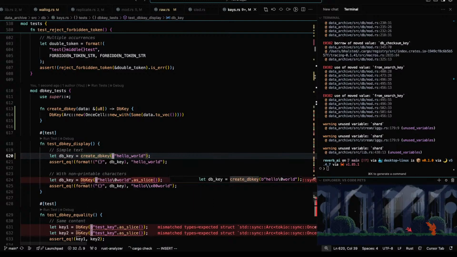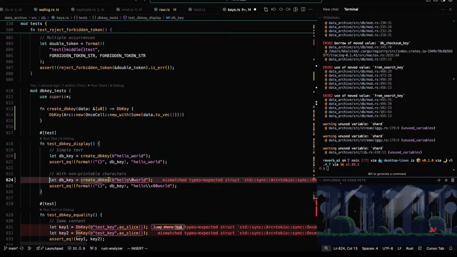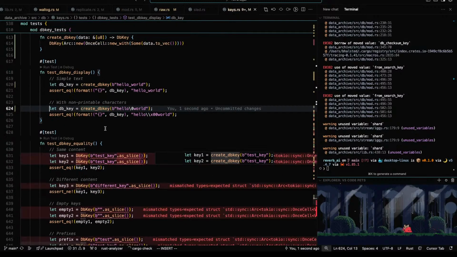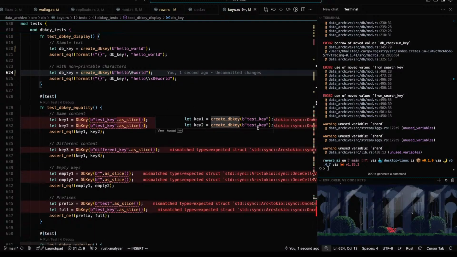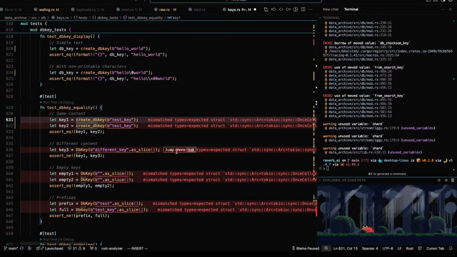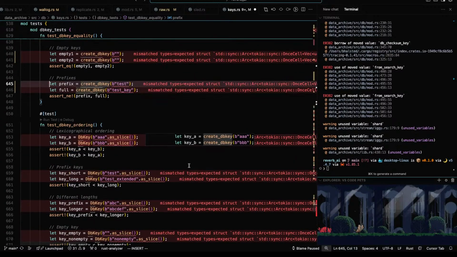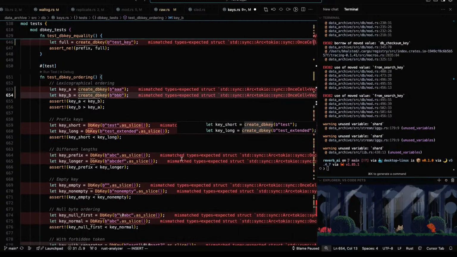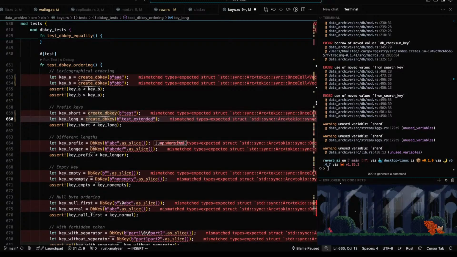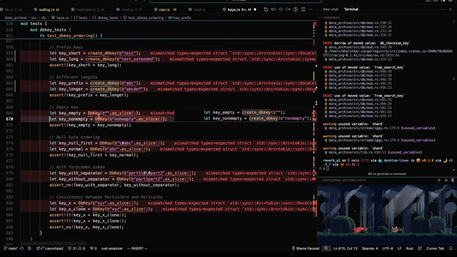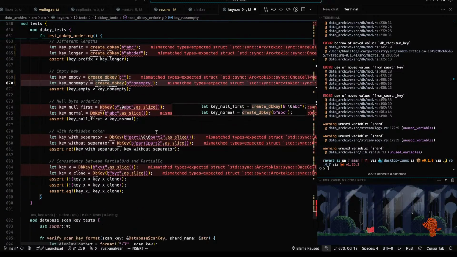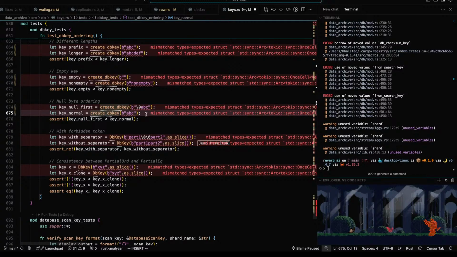Your DB key. Hello world. Good. Test key. Yep. Different key. Test key, AABB. Okay. Test extended, ABC, ABC, DEF. Empty and non-empty. Okay. Zero, ABC.